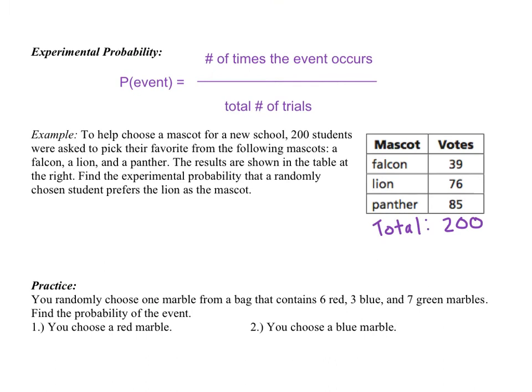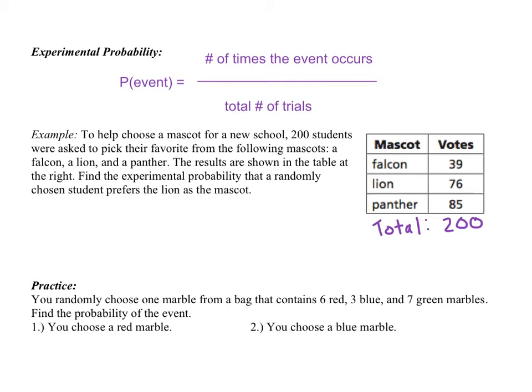Okay, so now we're going to take a look at experimental probability. Theoretical probability was looking at something where we know how many we had of what was happening, and we based our probability off of what we knew was already there. Experimental probability is probability that is based upon an experiment that you actually did. So it's not like a dice where you just know you have 6 numbers on it. This has to do with asking people or conducting an experiment to collect data. So the probability of an event occurring for experimental probability is going to be the number of times the event occurs divided by the total number of trials that were